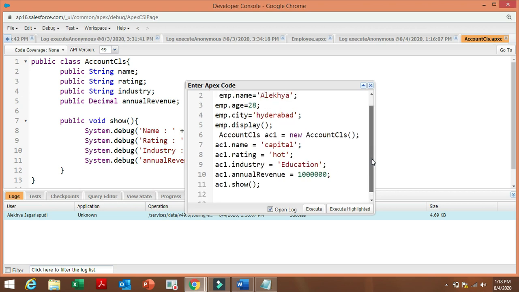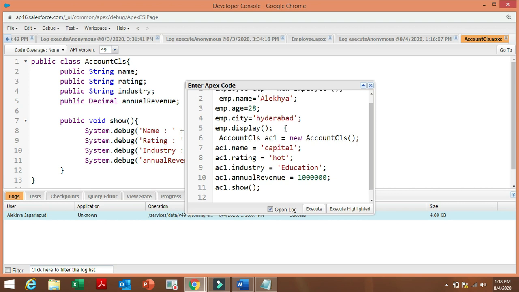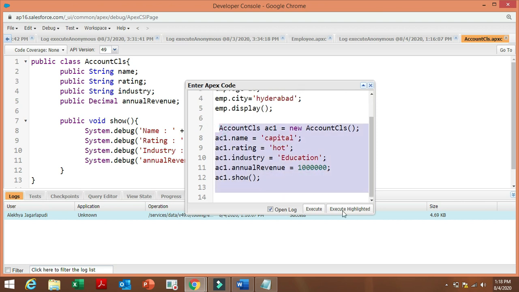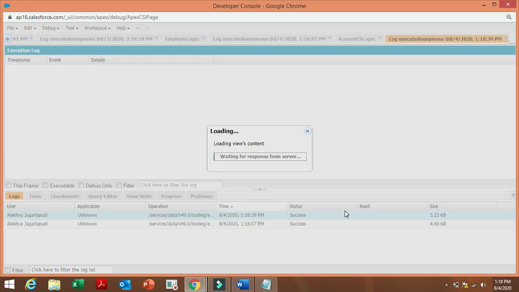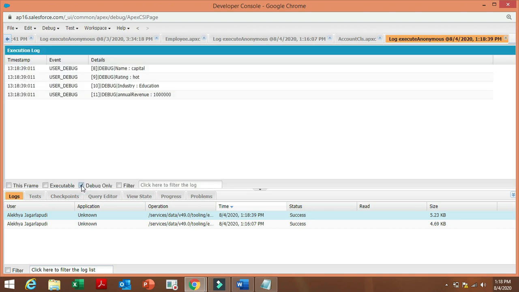Name, rating, industry, annual revenue, the values are given. Let's execute this using the highlighted option. See, the values are displayed using the debug log, using the Apex class.